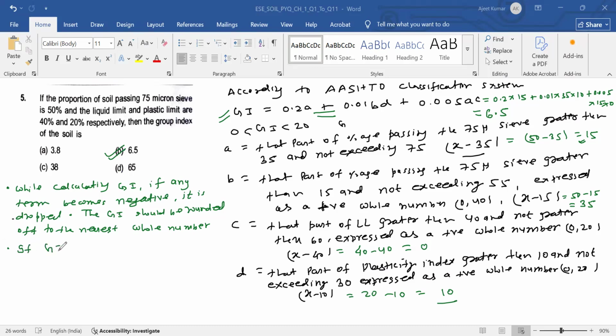If the group index is less than 0, then it is reported as 0. Okay, next point is, in general, the greater the group index value,